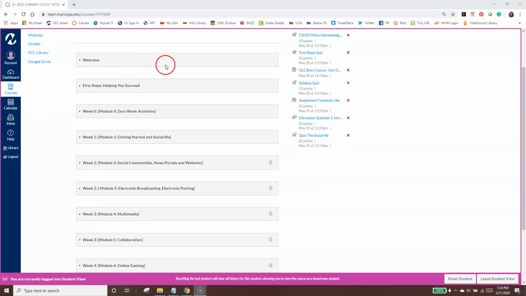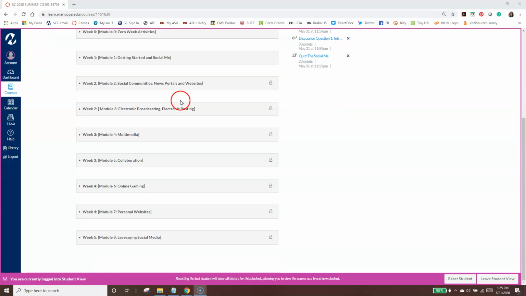As you scroll down, these gray bars, these are what we call modules. So they may not say the word module, or maybe they do. Your teachers can name them however they want, but in Canvas, each of these gray areas is called a module. And so you'll see here all the modules, and you'll be able to see all of the modules when you log in,